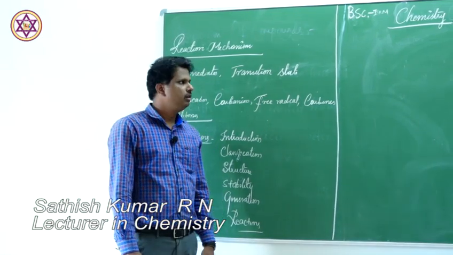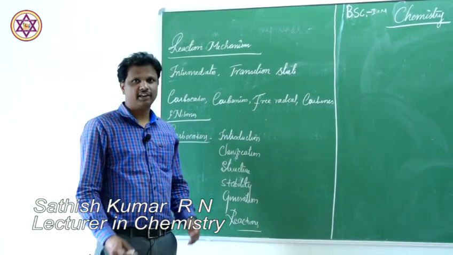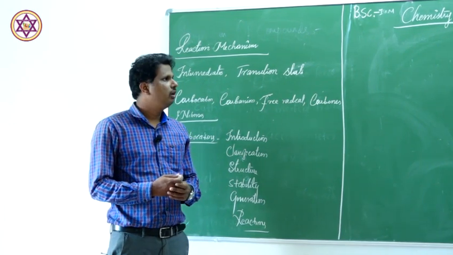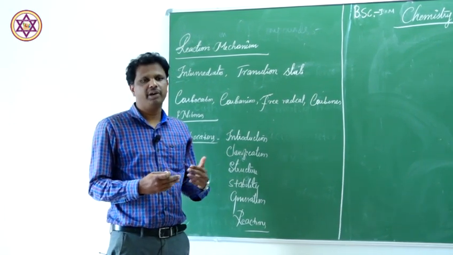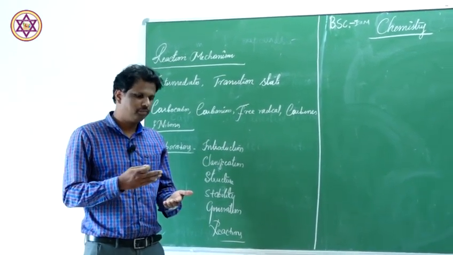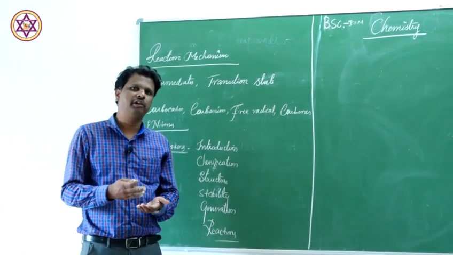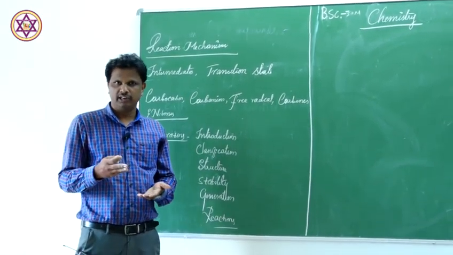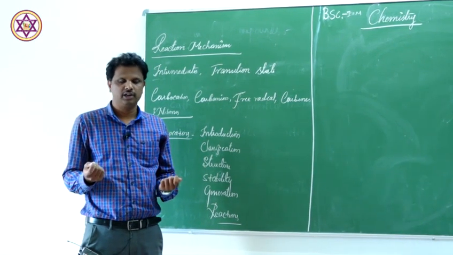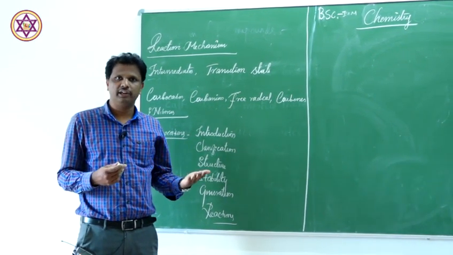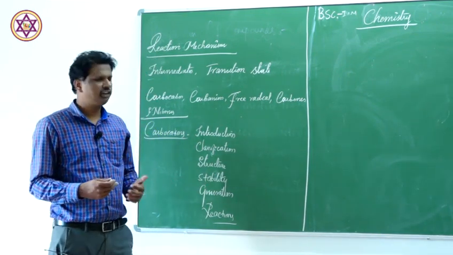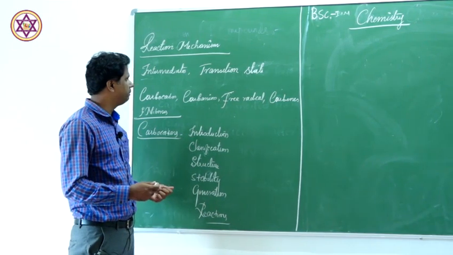Hello everyone. In the last class we tried to understand what exactly chemistry is, what is a bond, what are bond parameters and all. Now what happens when you break a bond? You can break a covalent bond in two different ways. Either you can break the bond homolytically or heterolytically. If you break a bond homolytically, it leads to the formation of free radicals containing one electron each. If you break the bond heterolytically, it leads to the formation of ions. That is what we discussed in the last class. Let us proceed with some more information today.